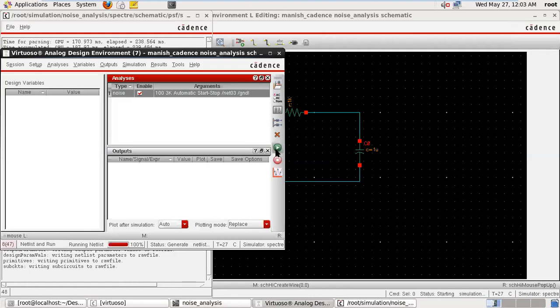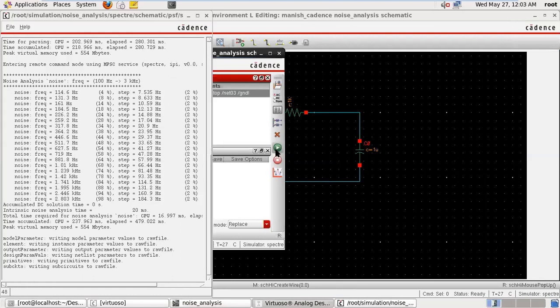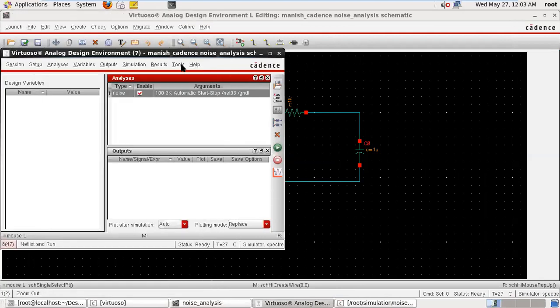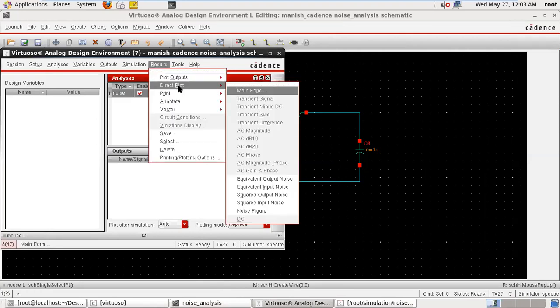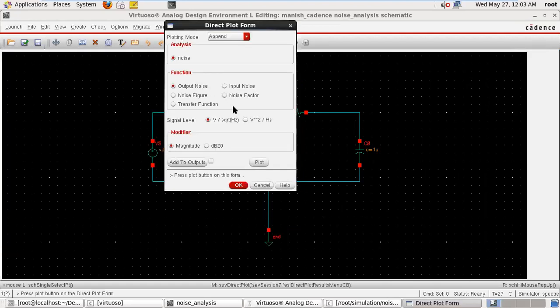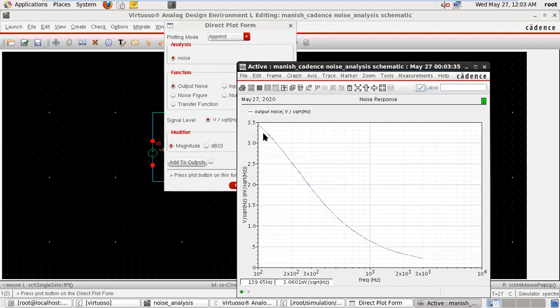So just draw it. If we plot result, direct plot, main form. Okay, output noise plot here. So this is my output noise with respect to the frequency, because at 1 kilohertz it is not showing clearly.